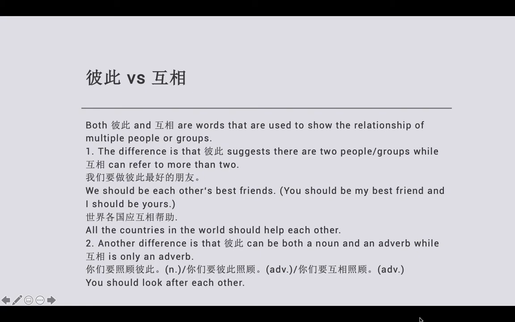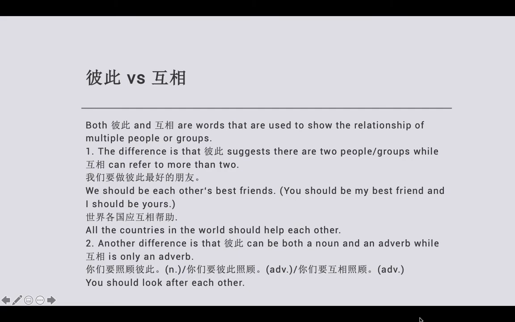世界各国应互相帮助. All the countries in the world should help each other. And as here, there are more than two countries, so you cannot use 彼此. Instead, you need to use 互相. And another difference